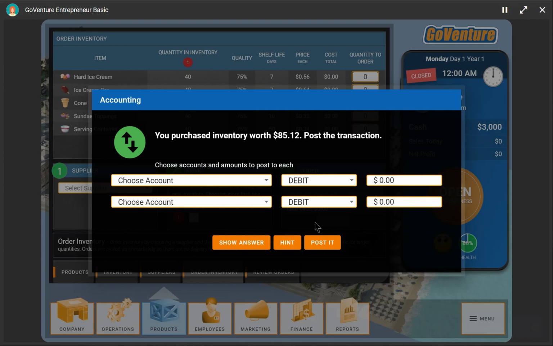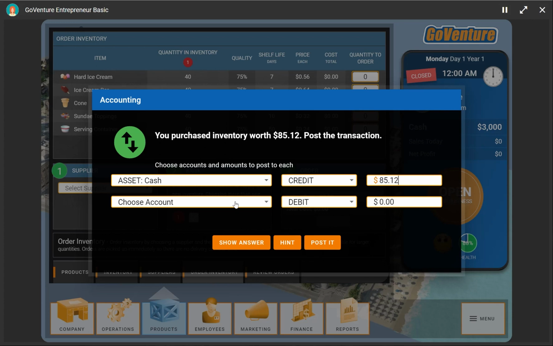Guess what? That triggers a financial transaction, right? We just did something that adjusted the value of our business in some way or moved value. And in this case, it's moved $85 in cash. So we're going to reduce our cash by $85.12.